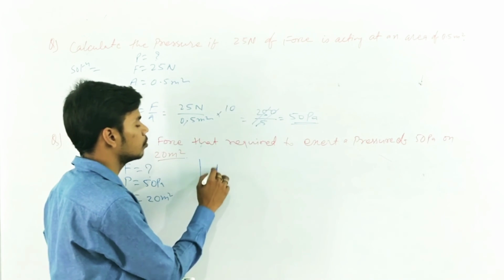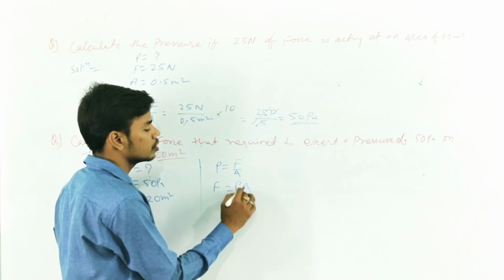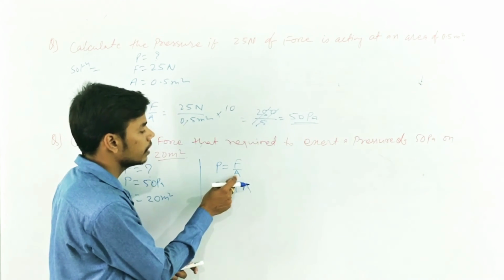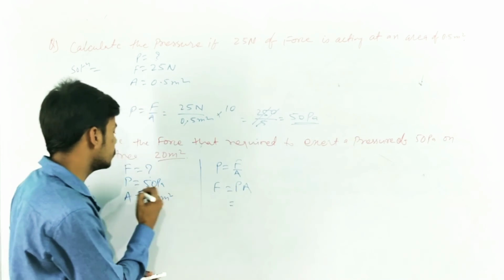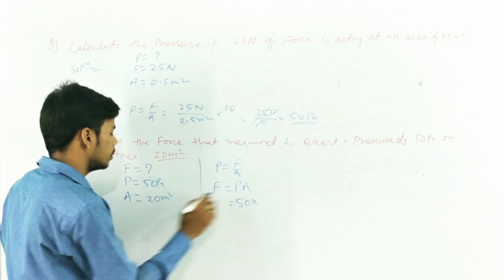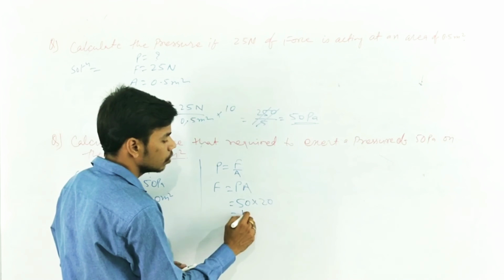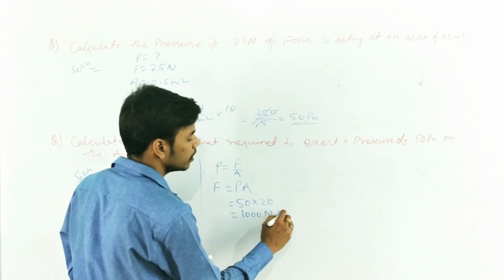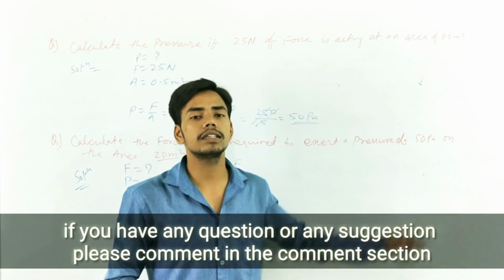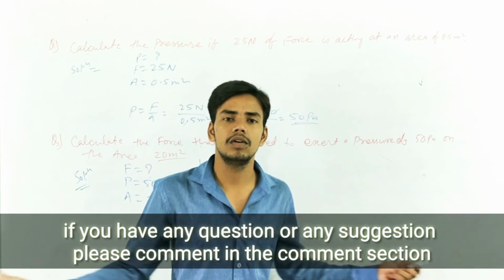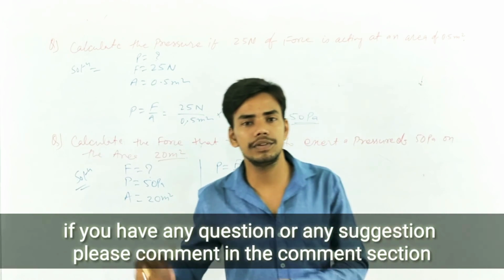Now, as you know, the formula is P is equals to F by A. So you can write it as F is equals to P into A by transposing A to the side of P. Okay, you will get F is equal to P into A. Now, put the value of P as 50 and put the value of A as 20. Now you will get, by multiplying them, 1000 Newton. So this is the final answer. 1000 Newton of force is required to exert the pressure of 50 Pascal over the area of 20 meter square. Okay guys, so this is another example that I have taken here. I hope you understand by the different examples.